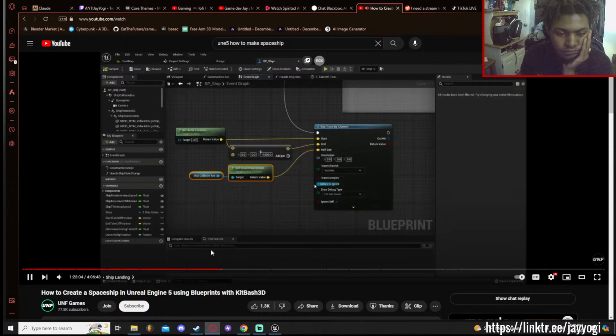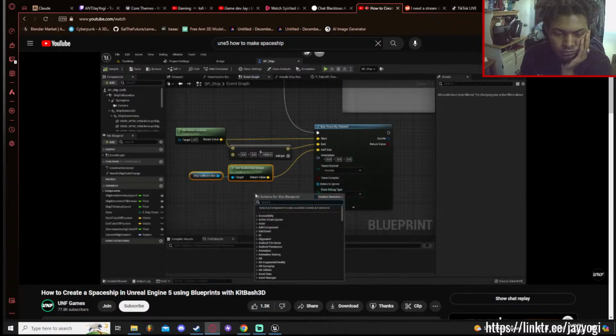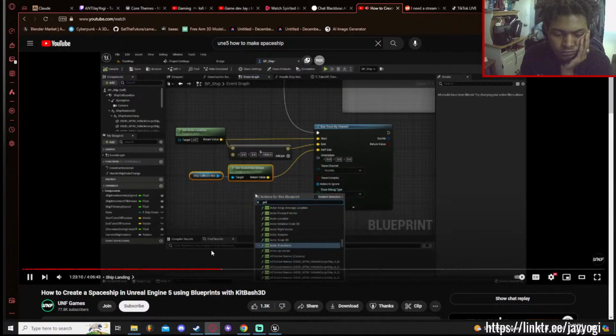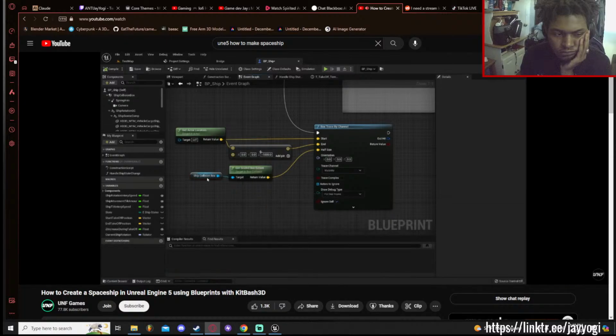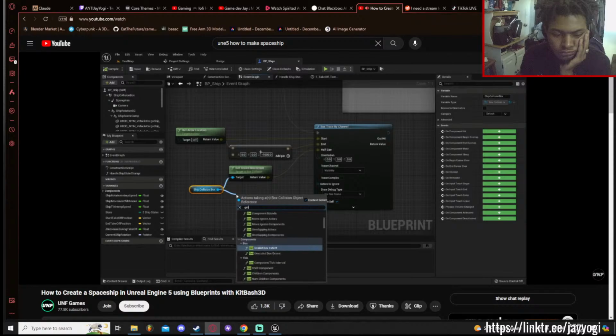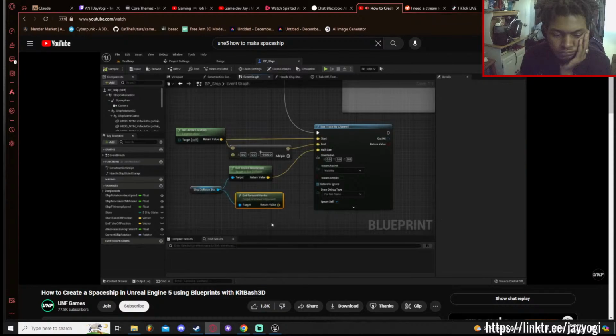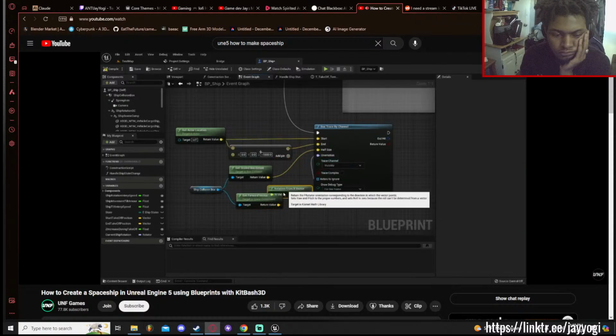The orientation of the box should really depend on the forward direction of my ship collision box. So let's just get forward vector, put it in the orientation,